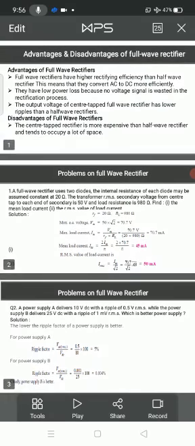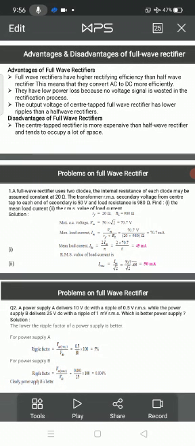Next, maximum load current. After getting the maximum AC voltage, we will calculate the maximum load current. IM equals VM by RF plus RL. Here the VM we already calculated, 70.7 volts, by RF which is 20, plus RL which is 980 ohms. Simplifying this, the value is 70.7 milliamps. This is the maximum load current IM.